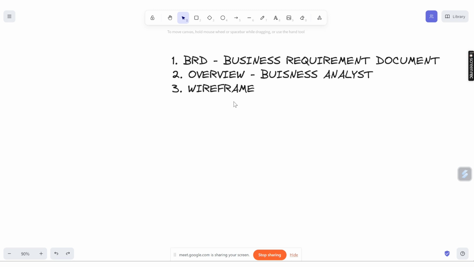So in today's session, we will talk about what is a wireframe and why we need to understand the wireframe concept, why it is important, especially in a business analyst kind of role. Generally, what happens is that a BA has a lot of responsibilities. Not only is a BA responsible to handle the client, but also